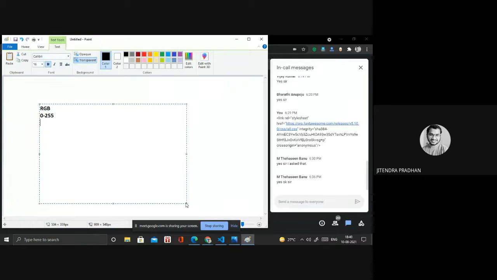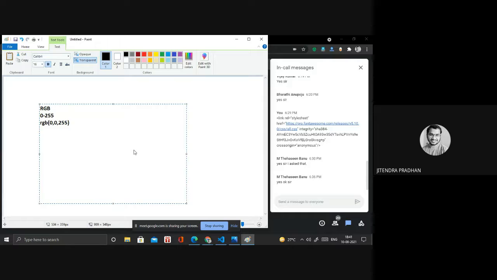If I want to write a blue color, then I need to write RGB, and inside that red is 0, green 0, and blue 255. So it's blue color.